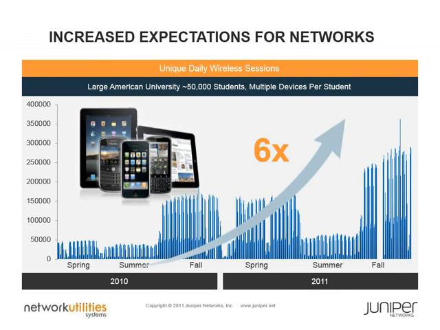So if you take a look at the graph here, which shows a large American university with about 9,000 access points, 300 acres and 50,000 students, you can see in the spring of 2010 there were about 40,000 wireless sessions per day. There was then a little bit of a lull over the summer break, and then when the students come back in the autumn term of 2010, there are more than 3 times the number of daily wireless sessions than before. Now skip forward and look at the autumn of 2011, where there was a huge hike to 300,000